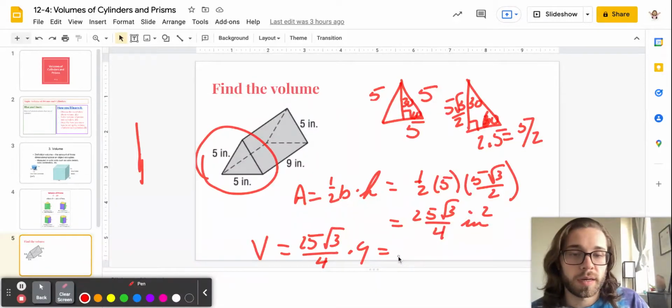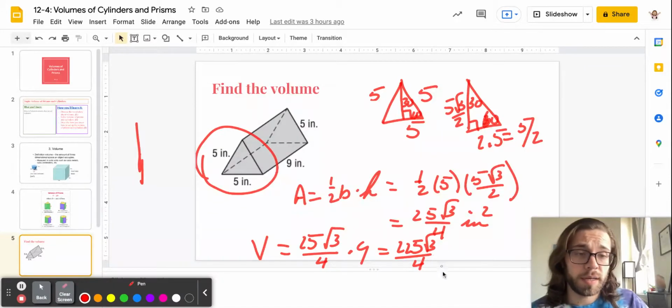So let's see. Well, that would be 225 root 3 over 4, because you can just multiply the 25 times the 9. And I'm just going to leave it as is. Why? You don't have to worry about plugging it in. Again, you know it's going to be